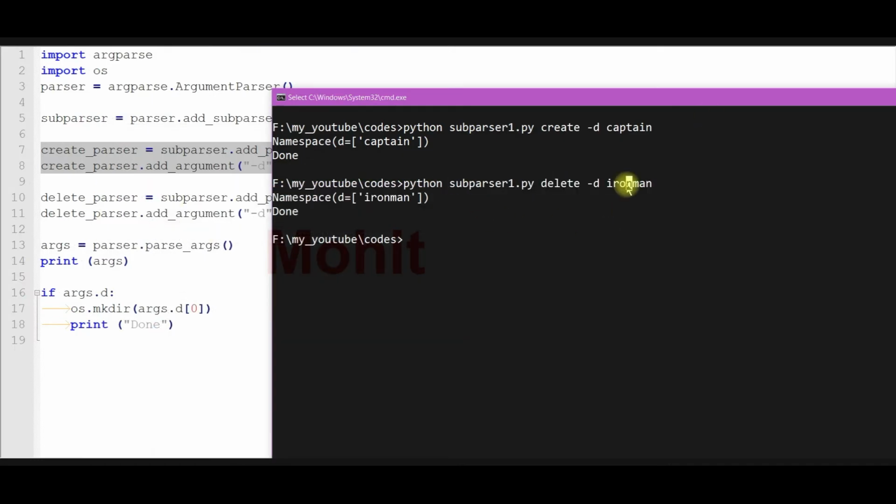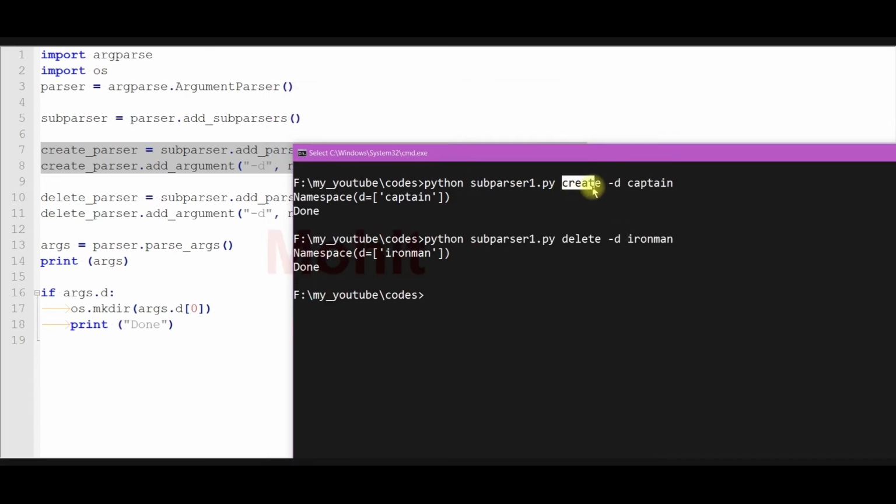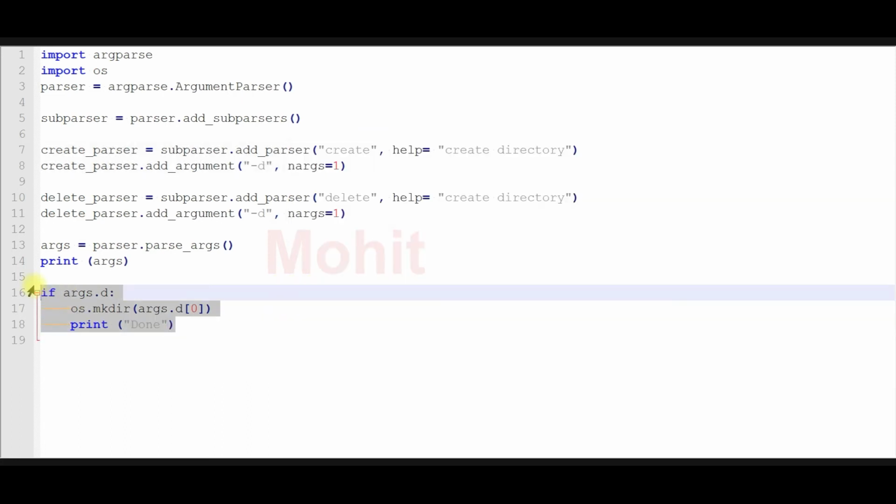Still it is creating directories because D is a sub option. It's like an option within a command. So the command is create, D is an option, but you can see D is still working like create directories. Okay, because our code can't differentiate whether this D is for delete or create.